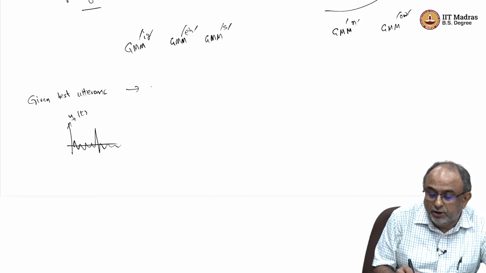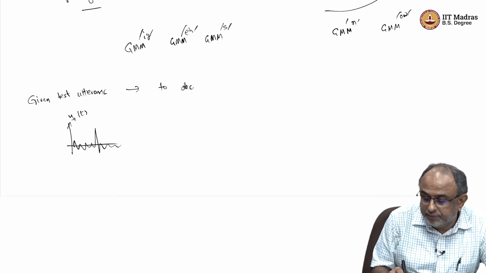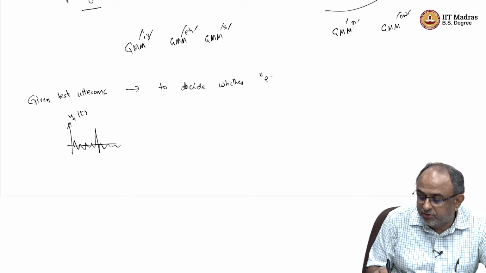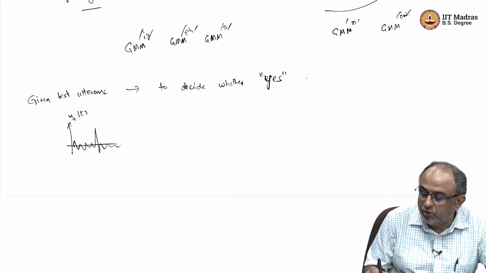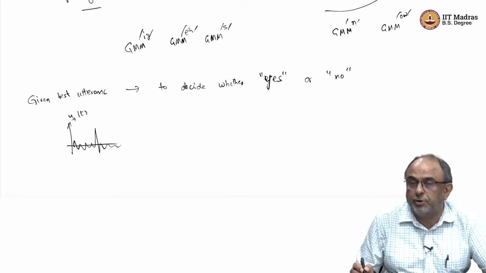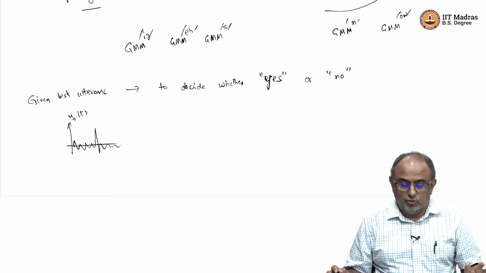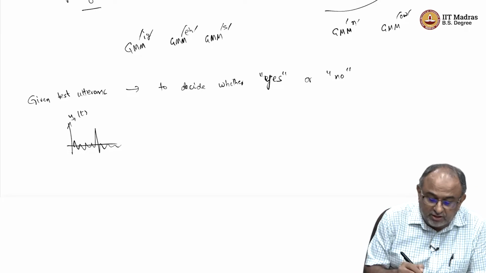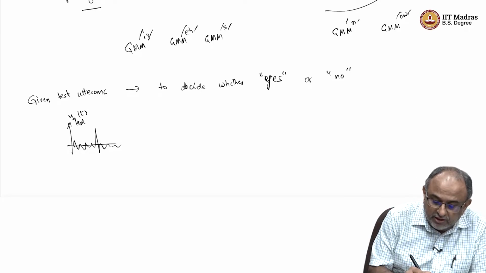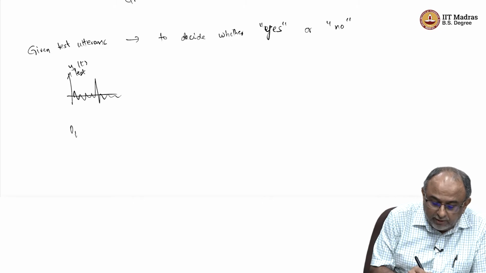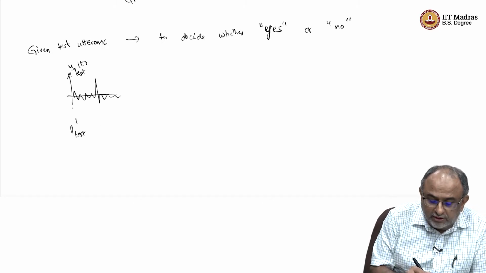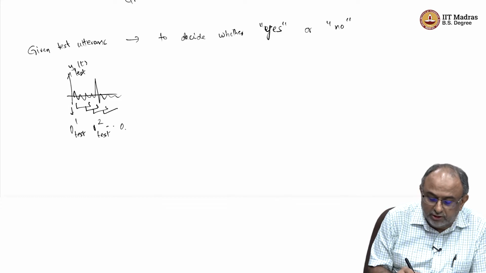What is my problem? To decide whether yes or no was said. That is the problem, whether yes was said or no was said. Remember, in my language there are only yes and no. So now from this test utterance, this is y test, I will get some O test 1, by partitioning it, I will get so many things, O test 2,